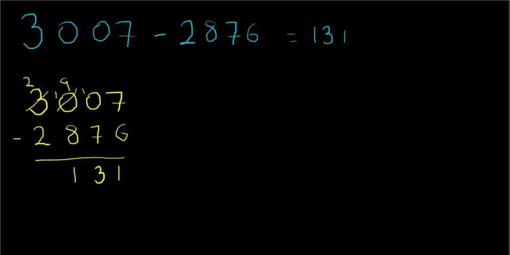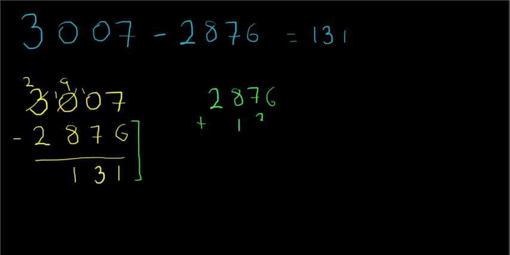Now, in order to check that we have the right answer, we can do a very nice trick which involves addition. I take these bottom two numbers and I add them. 2876, 76, add